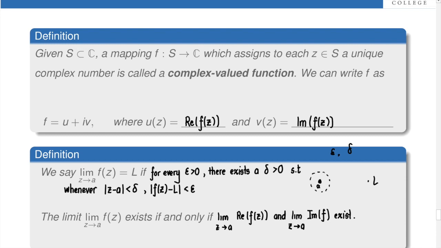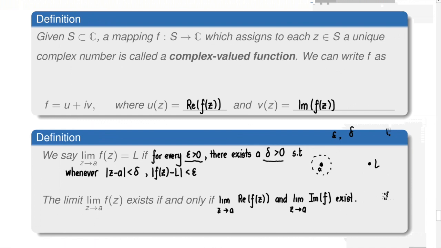So what this means here is for every epsilon greater than 0, so we're going to fix an epsilon. What we can do is we can find a delta that's bigger than 0. So if I fix an epsilon, I'm going to get a delta such that if I look at everything in this open disk here, so I have an open disk centered at A of radius delta, everything in this disk here is mapped by F